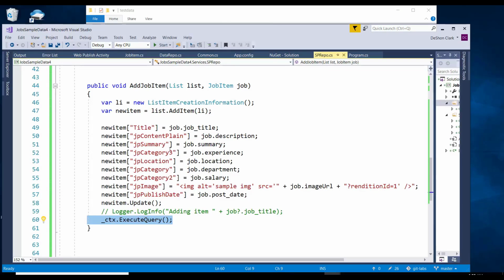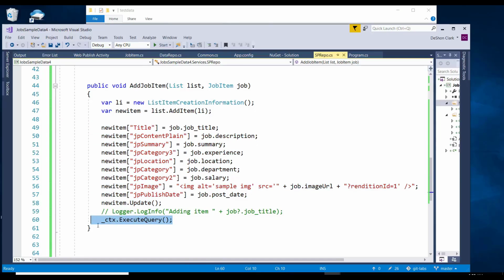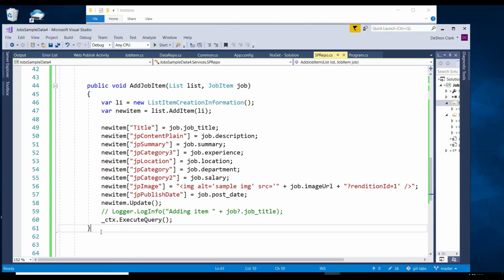Now, one way that you can speed this up, and we kind of did a preview of this in the previous video, is to do these in batches, right? There's no reason why we have to do this execute query one item at a time. We can create 10 items as an example and then do an execute query, and this will be a little bit faster. So let's just take this as a starting point